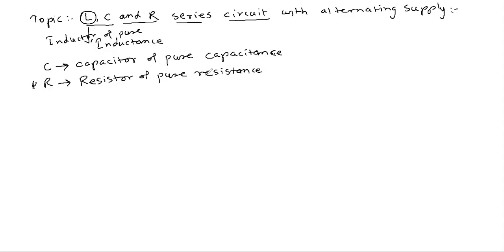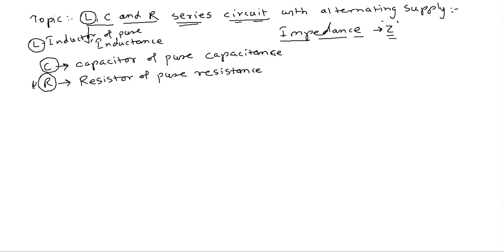All these three, L, C, and R, we are now connecting in series, and then we will find the effective opposition of these three in this particular LCR circuit to the AC, alternating current, and that is also called impedance. So a new term, impedance, which is denoted by the letter Z. We have to find the relation for this particular topic.